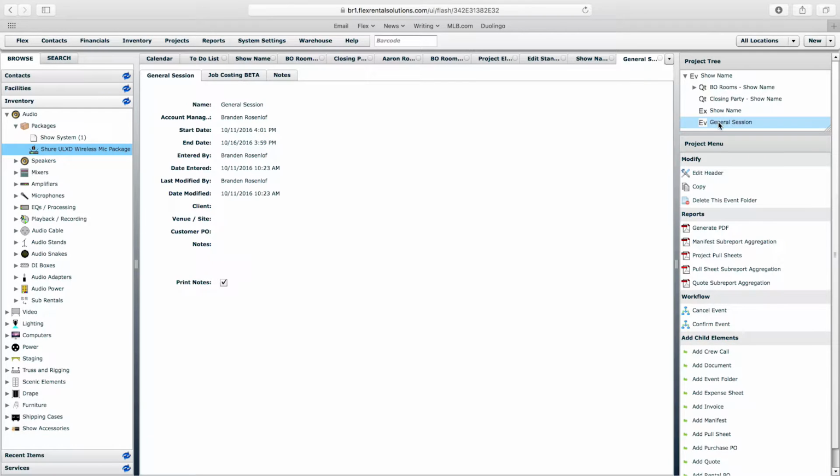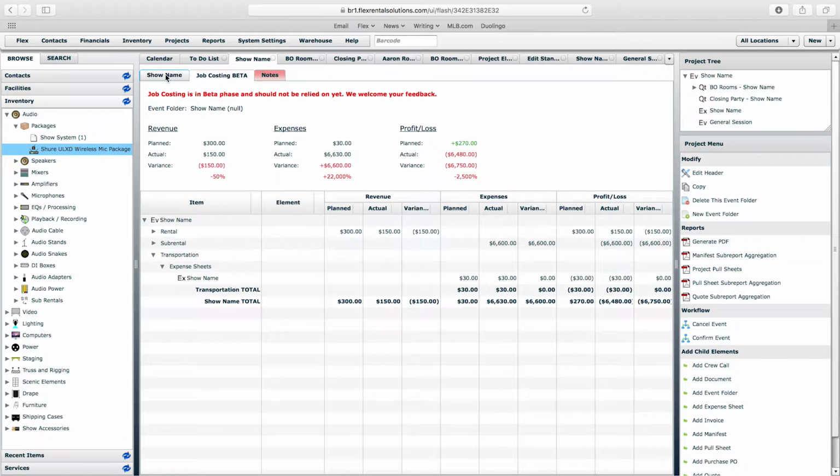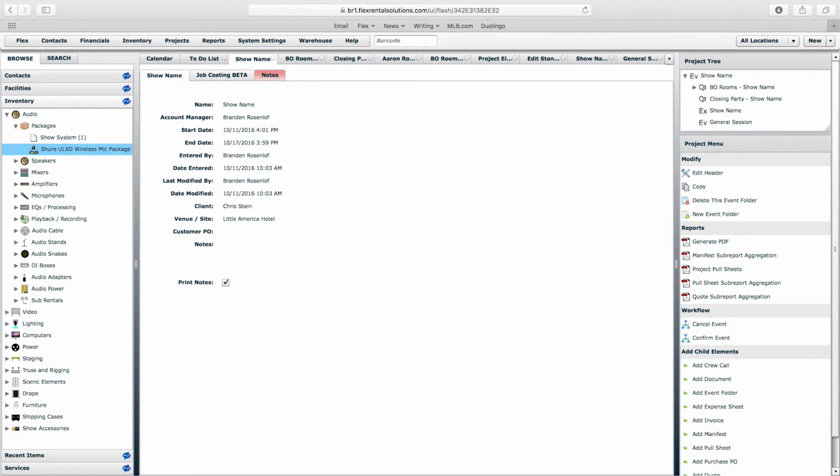And so now I have an event folder under an event folder, and from this child event folder, I could start adding quotes, like a quote for video, a quote for audio, a quote for lighting, a quote for labor, all for the general session. And then I might go back to the parent event folder, add another event folder for breakouts. And then I would have underneath that child event folder a quote for breakout audio, a quote for breakout video,